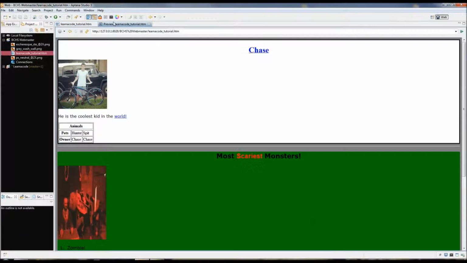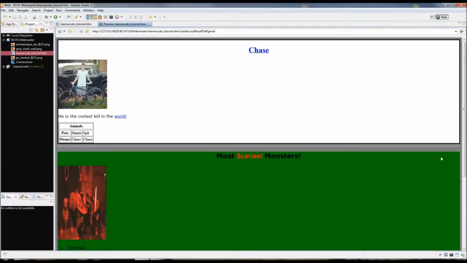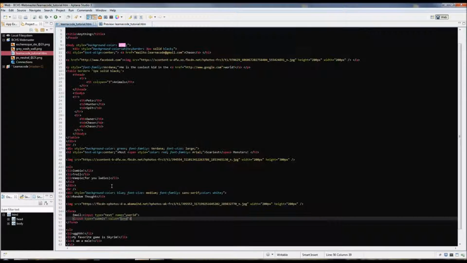All right, so scroll back down, and whoa, there it is. So then bam, you just type in your email at Gmail. That'd be a terrible email to have. And then it's not linked to anything right now, so it just resets. But say you were wanting to link something to this send,